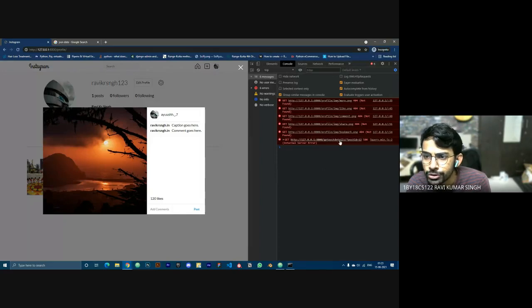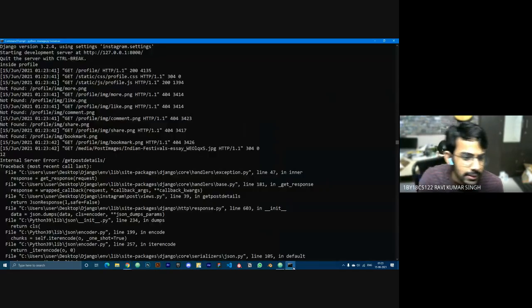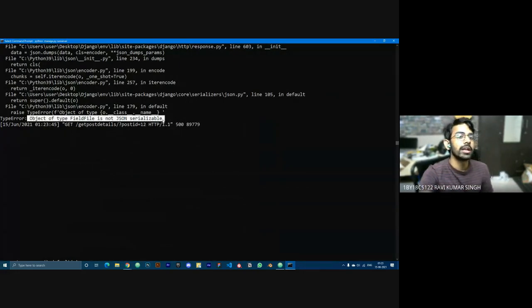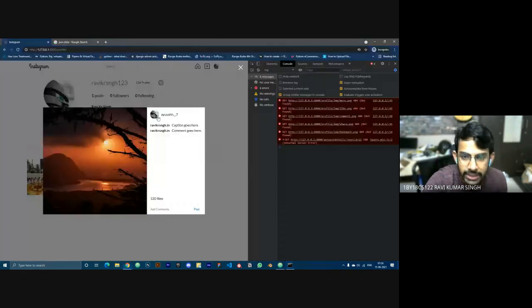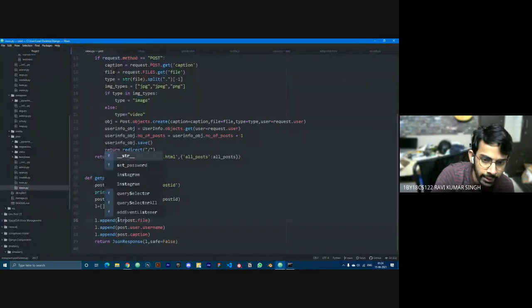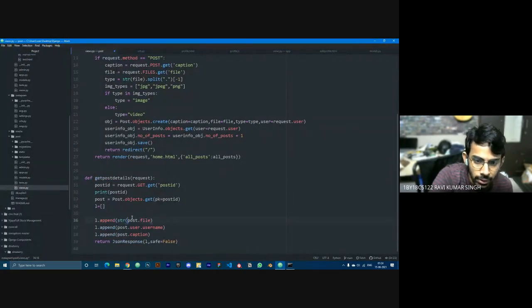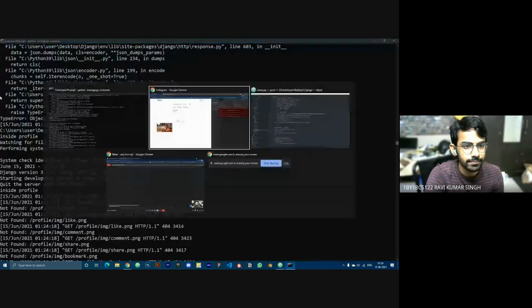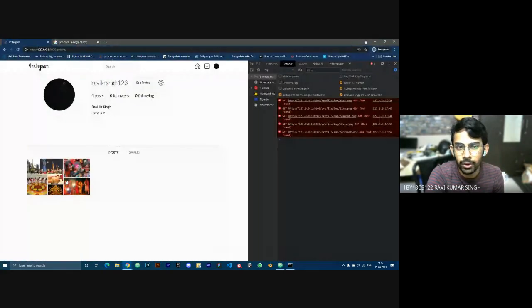Yeah. As soon as I click on this, it says get post details. Let's see, some error: object of type file field is not JSON serializable. Okay, so that is a file field, so we can't serialize it. So let's just convert that into a string, and then append it. Let's see if that works. Yeah. So now we'll just reload again,